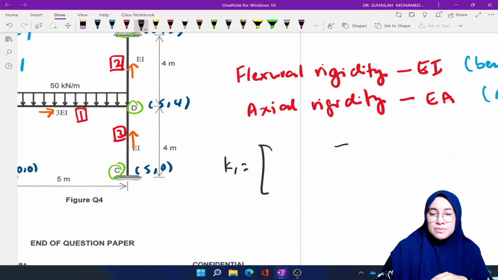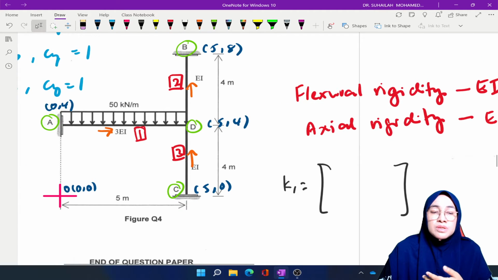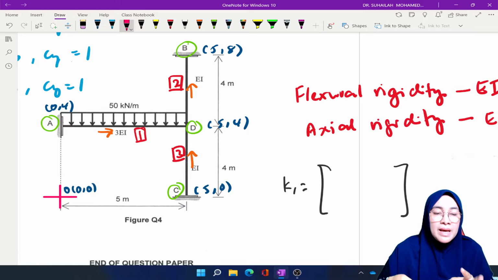Okay, in terms of EI, we don't have EA because A is equal to 0. The axial effect is neglected. So what is most important is the label. Okay, the label. So we don't put the label yet, and by looking at the diagram, because A, B and